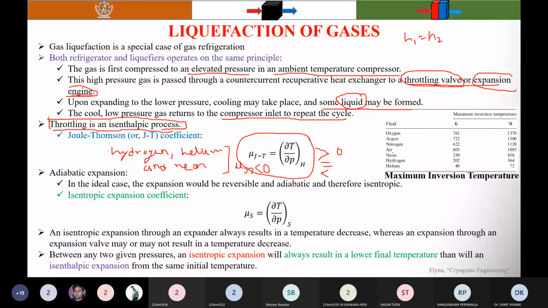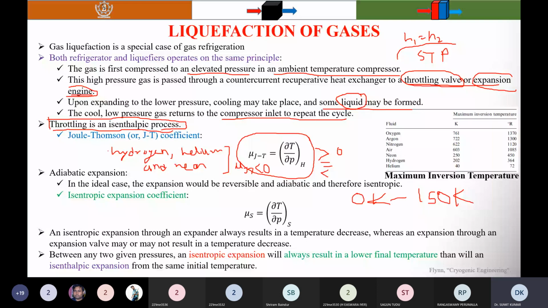But it is not like this, because of the temperature scale we are going to study here. The minimum temperature is 0 Kelvin, the cryogenic temperature range up to 150 Kelvin. This is not STP, standard temperature and pressure. Here we are going to discuss the behavior of cryogenic fluids or materials.